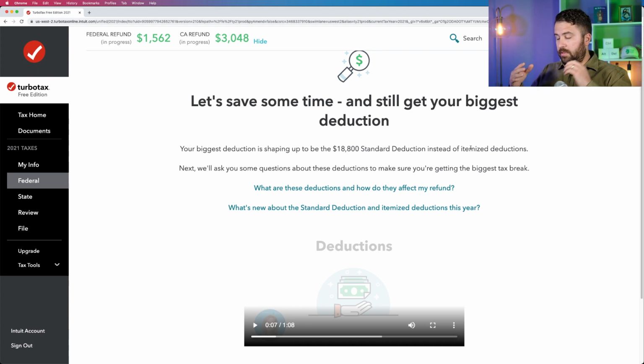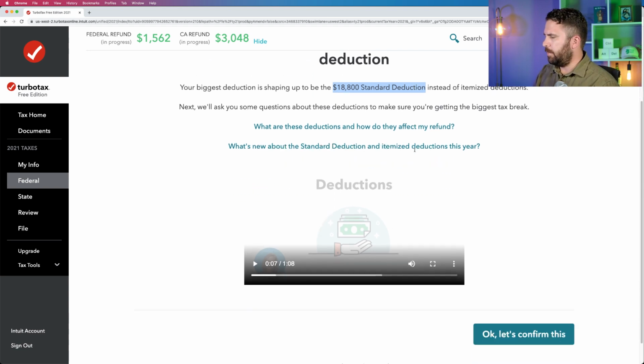But if you don't have any itemized deductions, or if the sum of all your itemized deductions is less than your standard deduction amount, you probably want to go with the standard deduction. So for head of household, the standard deduction for tax year 2021 is $18,800. I'm going to assume that our taxpayer here does not have that much in itemized deductions. So,